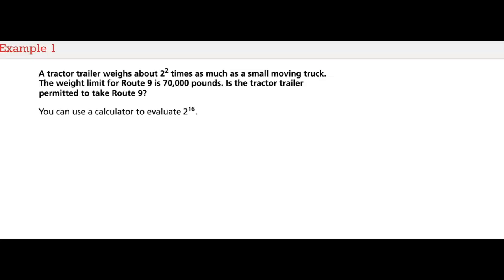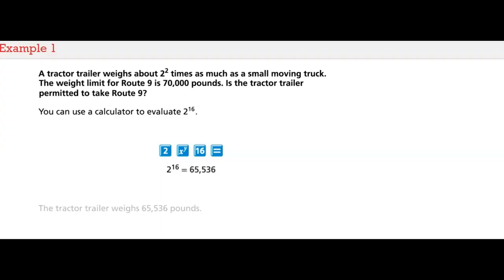You can use a calculator to evaluate 2 to the power of 16. On your calculator, press 2. Then press the exponent button and enter the number 16. Press the equal sign button and evaluate. 2 to the power of 16 is equal to